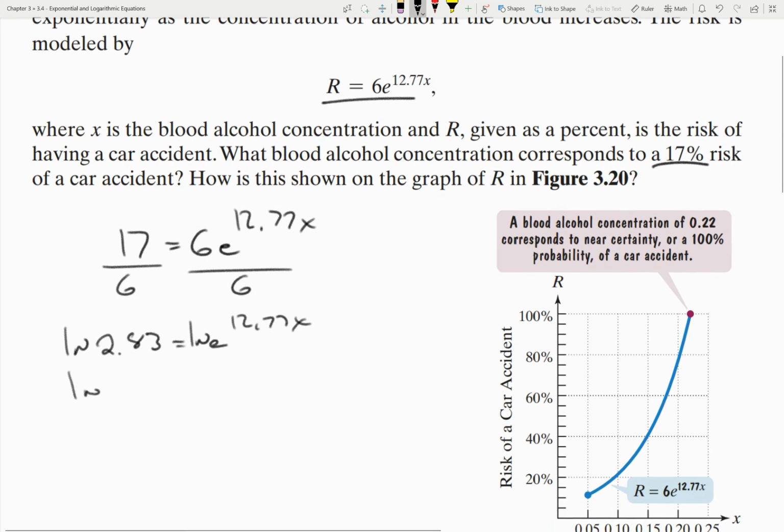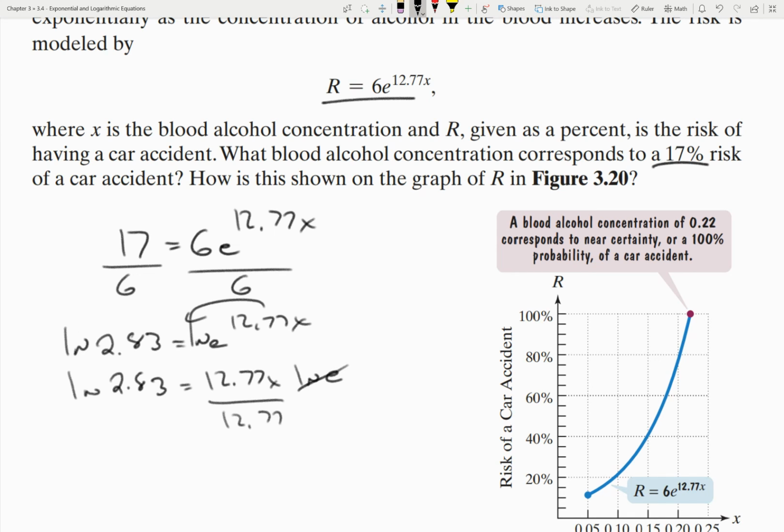That lets me move the exponent to the front: natural log of 2.83 is equal to 12.77x natural log of e, which just turns into 1. And now I can divide both sides by 12.77. Now, with a word problem here, it doesn't really make a lot of sense to say the answer is the natural log of 2.83 over 12.77. It's better in word problems to actually use your calculator and get some sort of answer. So you get